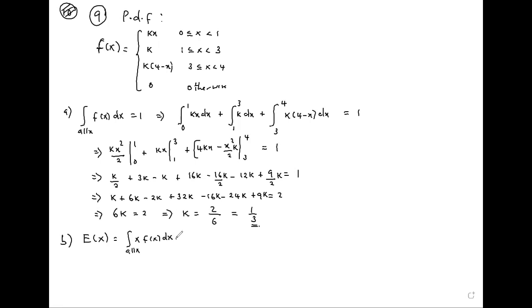That's the expectation by definition. So we'll be getting that as we substitute the value of k in there. So we're saying the integral from 0 to 1